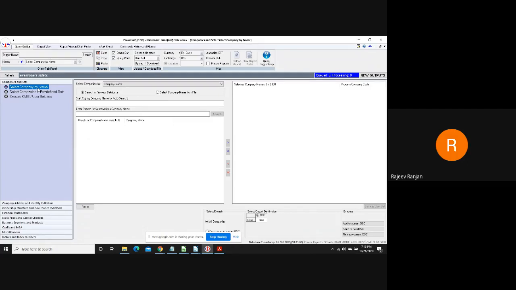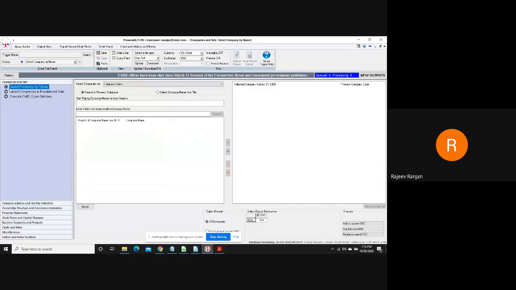So when you look at this database, there are two sections primarily. You can do two kinds of work. One is that if you know the name of a company or a set of companies, you can simply type in those names and see all the information available on that company without running any kind of query. And the second is the query part, wherein you can build your query depending upon your research need and keep on building and filtering those companies depending upon your requirement.